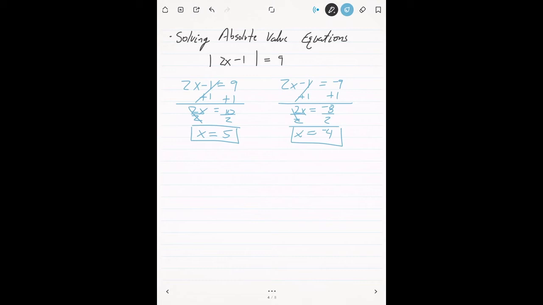When it comes to the step-by-step, the first thing that you have to do whenever you solve an absolute value equation is to isolate the absolute value. You must isolate the absolute value. You have to get it by itself, okay? The reason is, once you have it by itself, then you can